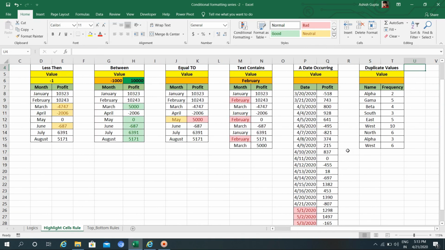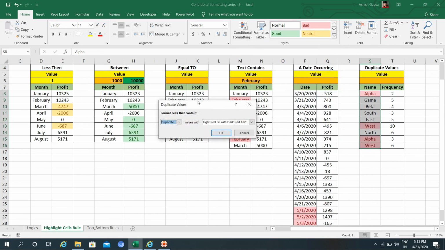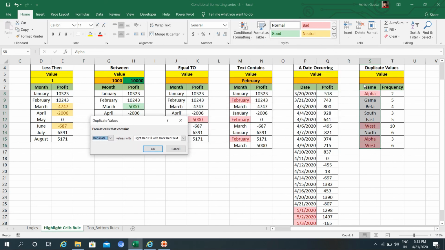Now this is the last function of today's video, duplicate value, how we will highlight any duplicate value. In order to do that, we'll select this area, go to conditional formatting, highlight cells rule and duplicate value. Any duplicate value will be highlighted in red color. You can choose any color according to your convenience.